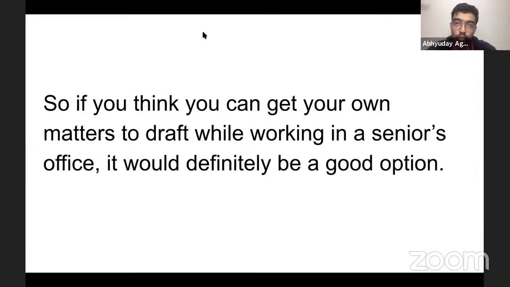When you start having studied the facts and you prepare a first draft that they can edit, the senior counsels won't edit your first draft, it will be an AOR editing. But if you get an independent client also and you prepare a first draft, then you go to your senior counsel and say, is this the right kind of thing that I have written, the right line of argument? They will quickly see it and give you feedback because your draft is already in final shape.